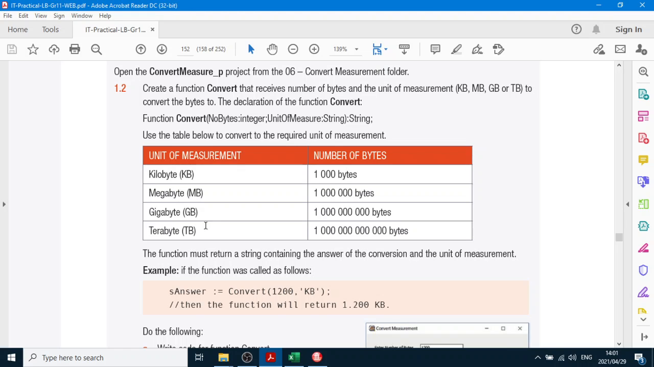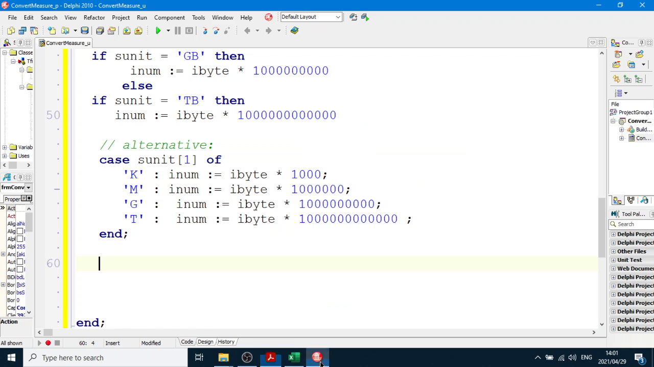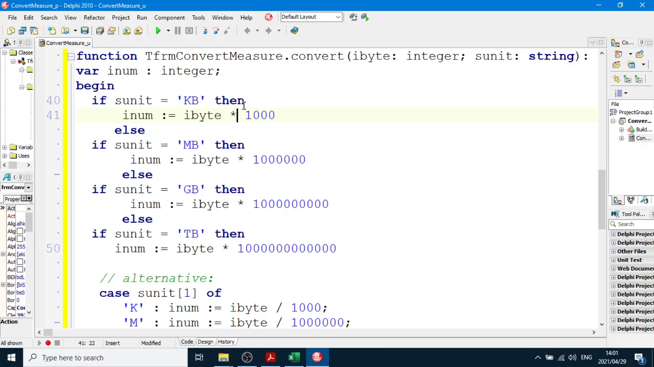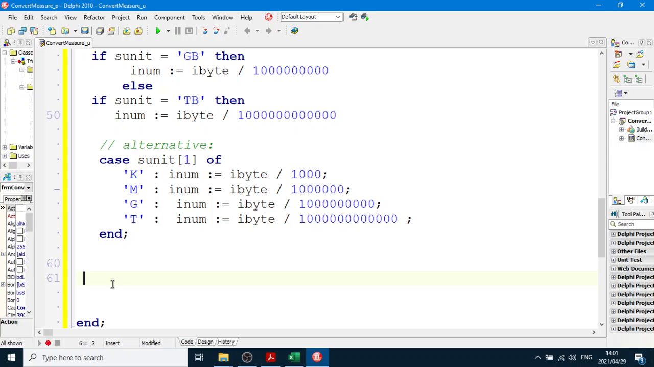So, I mean, that doesn't make sense because 12 bytes. Oh, we got to divide. My bad. Sorry, we're dividing, not multiplying. Silly me. Next thing. Well, we now got to go and